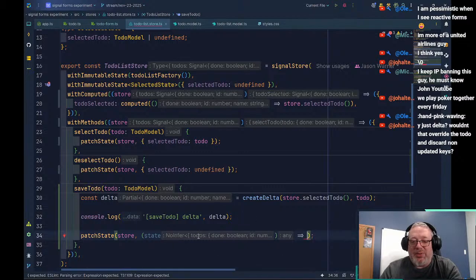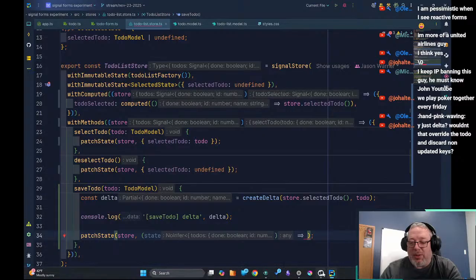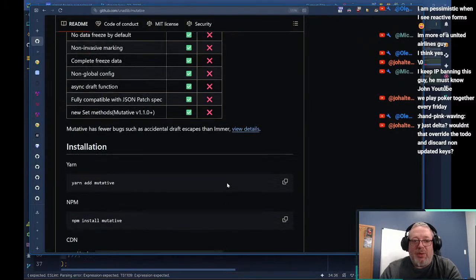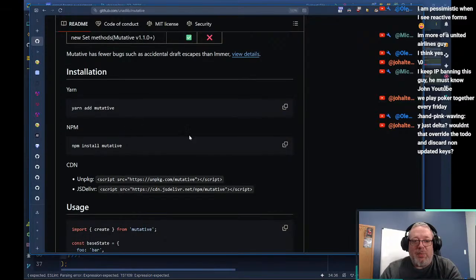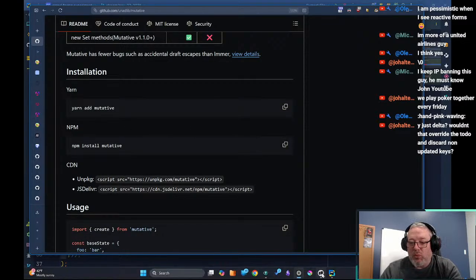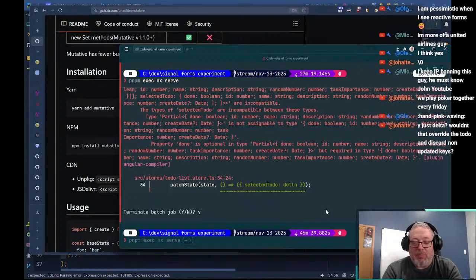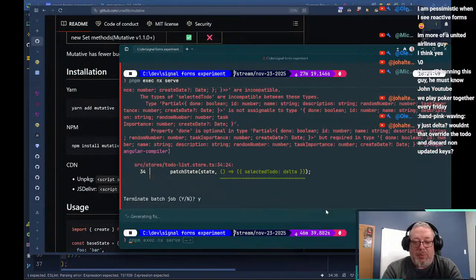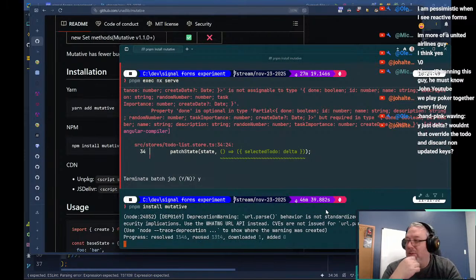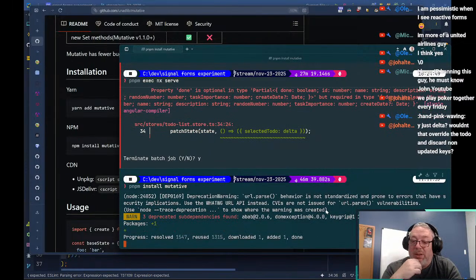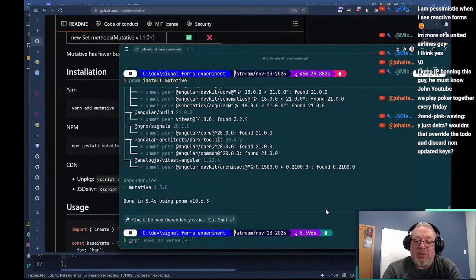Because we're using immutable state, trying to do a mutation this way might cause problems. So let's go and add mutative. Then we'll npm install mutative. So that's going to add our mutative package.